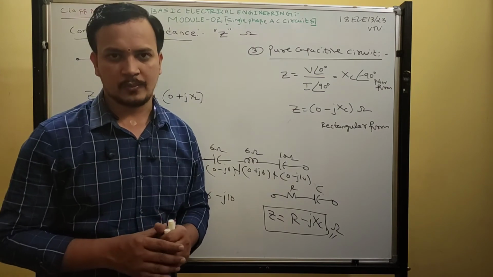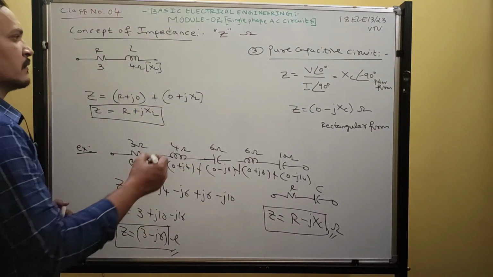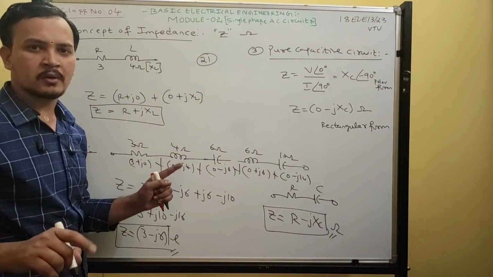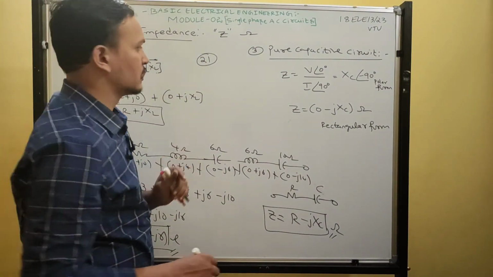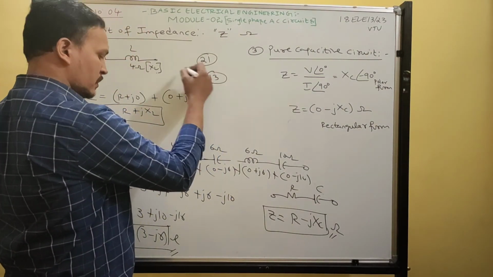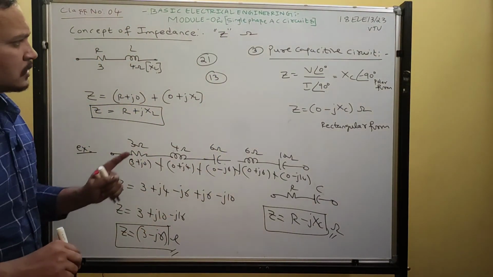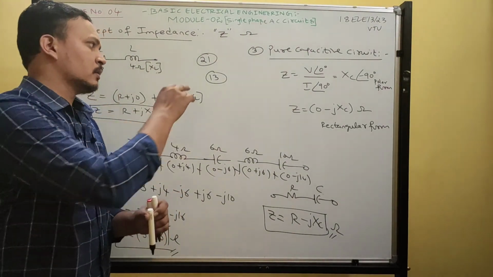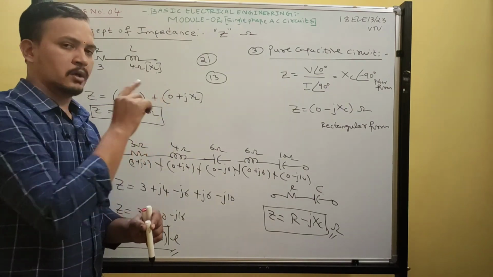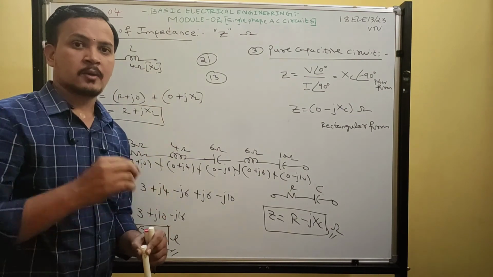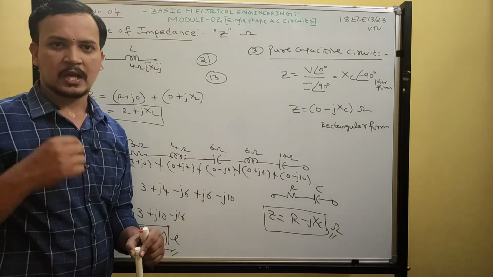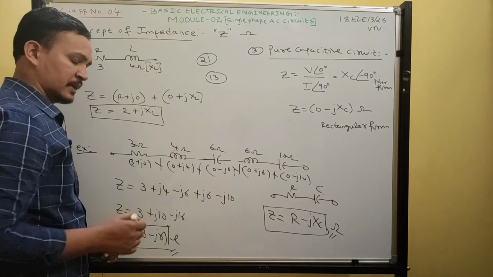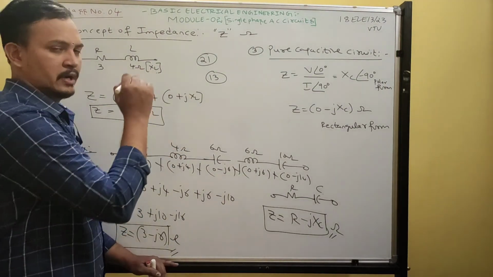In module 1 DC circuit I did 21 problems. Just go through all the problems. I did all types of problems. Within that only you get 100%. Next, Kirchhoff current laws, I did 11 to 13 problems. You study just all those problems. Other than these problems, whatever I explained in the video, if you got any questions other than what I explained, please send the questions to me. I will give a solution for that. 99% they will ask the same problems in the exam, whatever I showed in the videos.